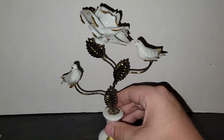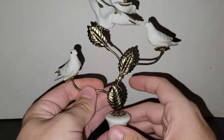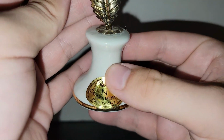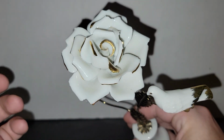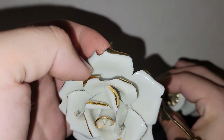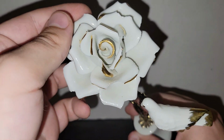Now, I'm not usually one to be drawn to Capodimonte items, but I've never seen this before. It's got a flower on top and 2 doves sitting on the branches. It has the Capodimonte Made in Italy sticker on it, and it's also marked on the bottom, Capodimonte Made in Italy. And you know how you usually find Capodimonte and it's broken in places? I was amazed. I hope this isn't damaged right here. I don't think it is. You know how fragile this stuff can be. But I, again, was amazed that this didn't have...